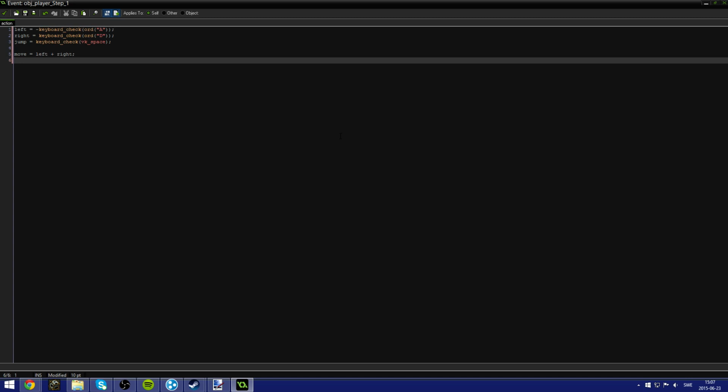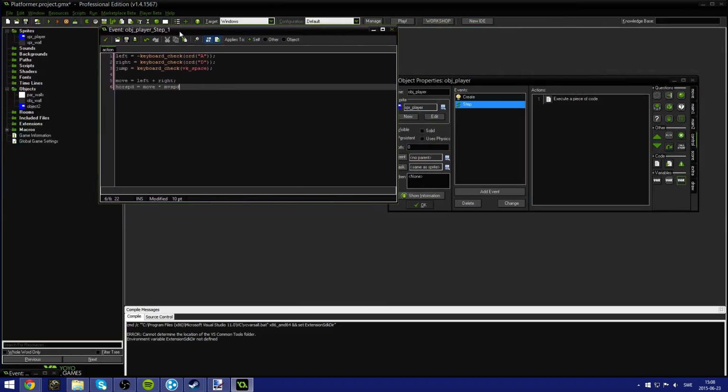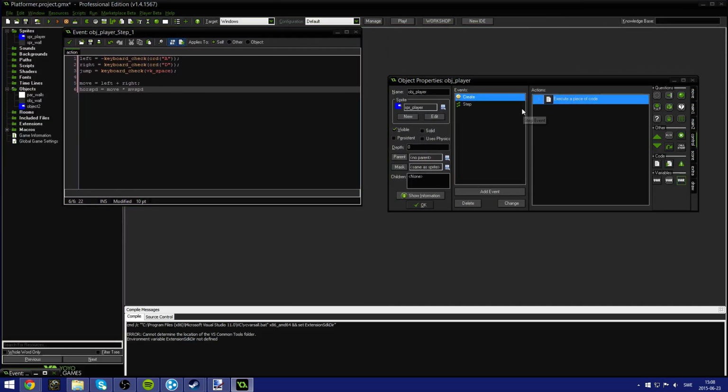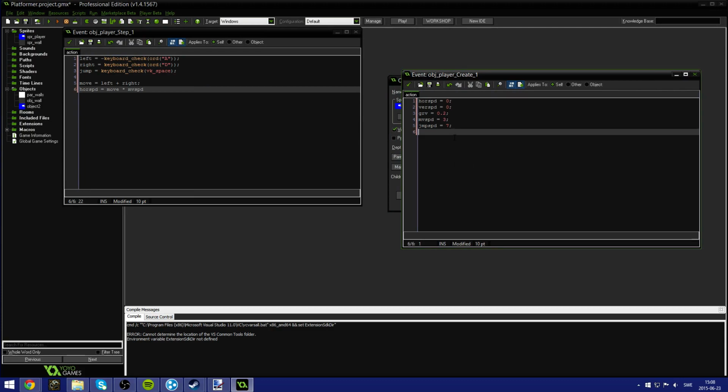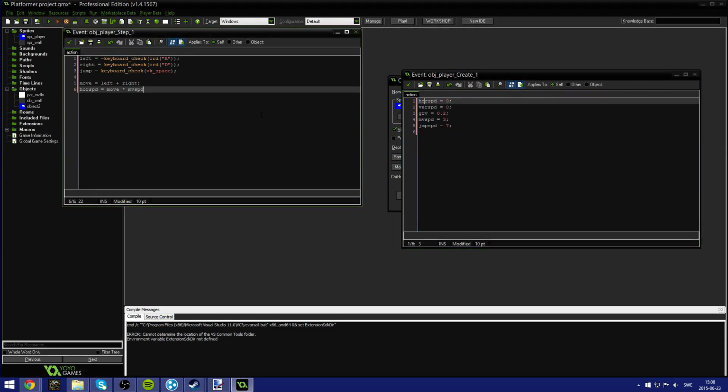And then we're going to have hor speed, the variable we created, and it equals move times move speed. That's the name of the variable, isn't it? Oops, it's down here. Yeah, as you can see, hor speed, and then make an if event where ver speed is